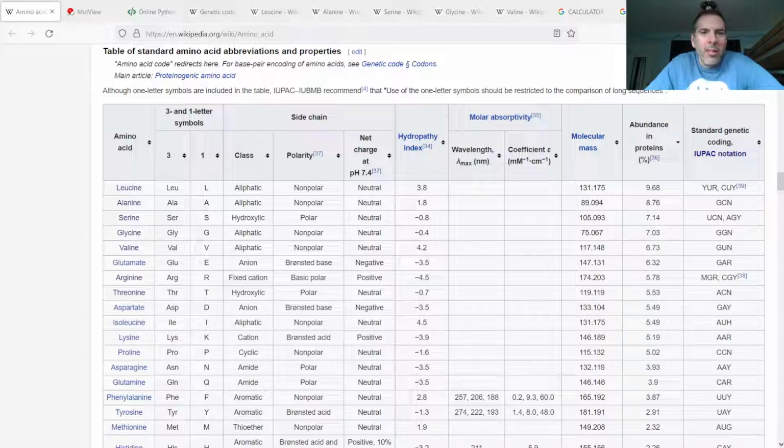So leucine, hydrophobic, valine, hydrophobic. Alanine is hydrophobic, but not quite as drastic. And glycine is what we talked about before: it kind of fits into any environment. It's nonpolar, but it does well in hydrophobic and hydrophilic environments.